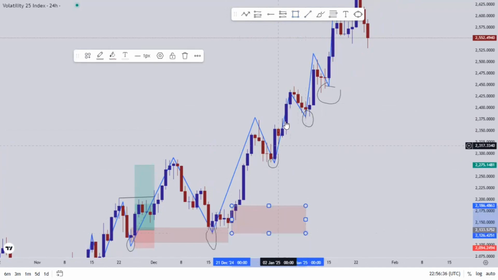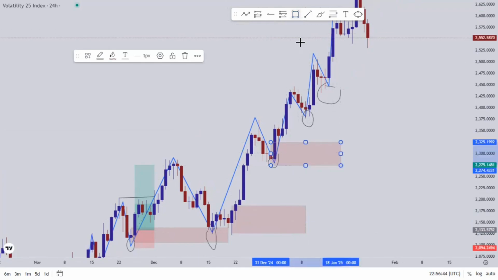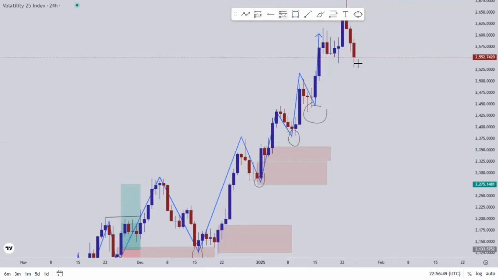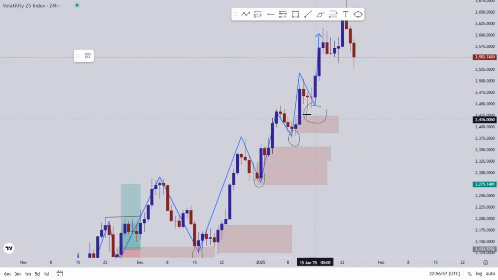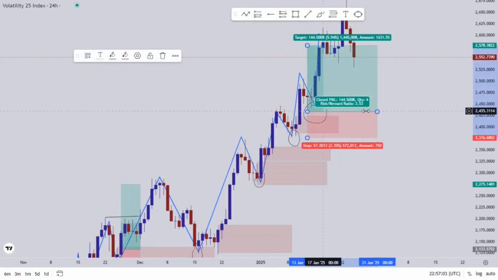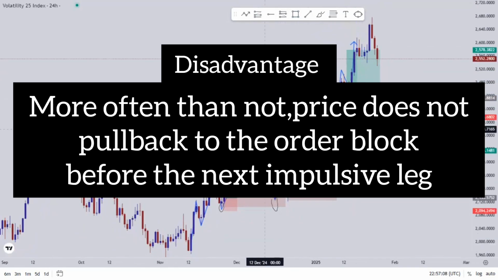Now, price went up, fine and good. You look for another one. Look at here. We have one candle here, the last candle, and we have another candle here. Price still did not pull back, fine and good. Now, this is the next place you get into entry, where price pulls back into this particular leg before continuing the overall direction. The disadvantage of this entry model using order block, set a buy or sell limit on it,